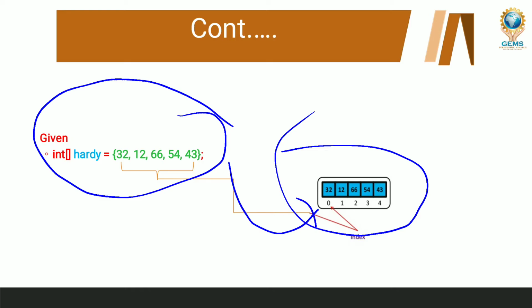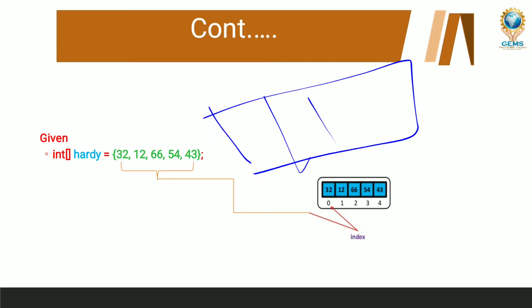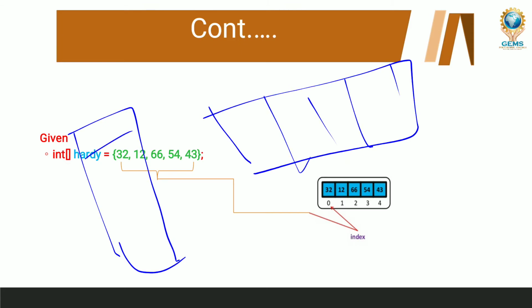So here, one dimension. Sir, we can ask one thing: what is the one dimension? It may be horizontal or vertical, a horizontal bar or a vertical bar. It will not have any other dimension except one dimension. It may be a row, or it may be a column.